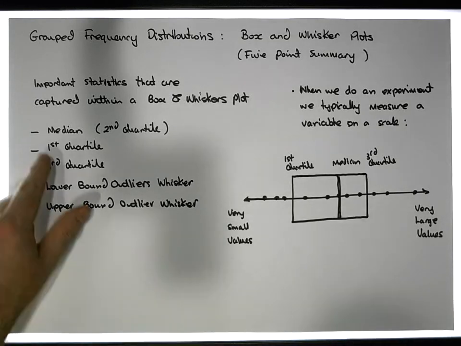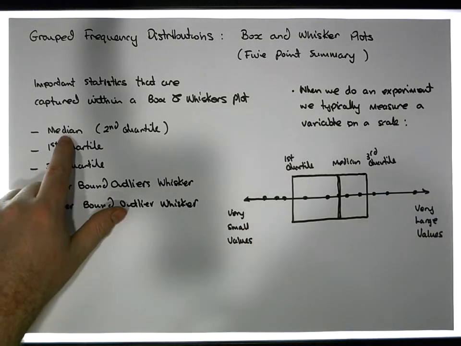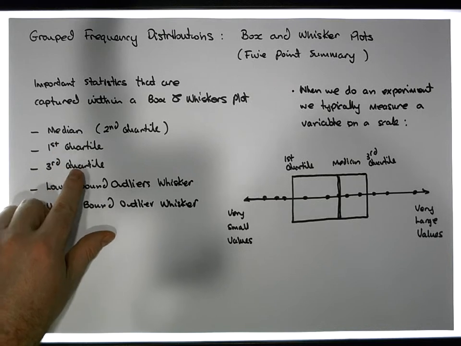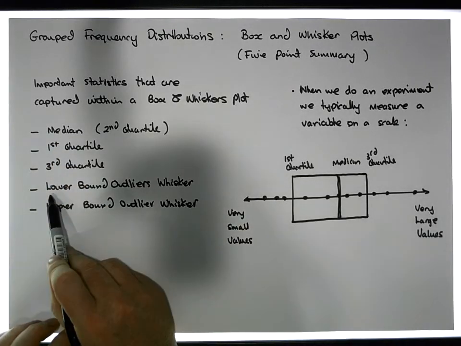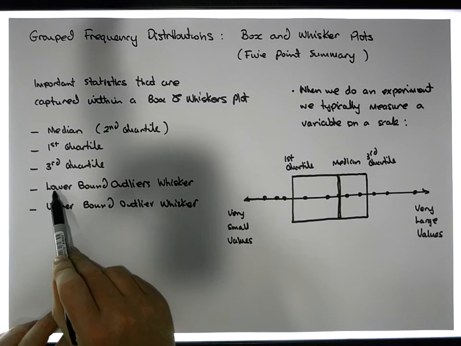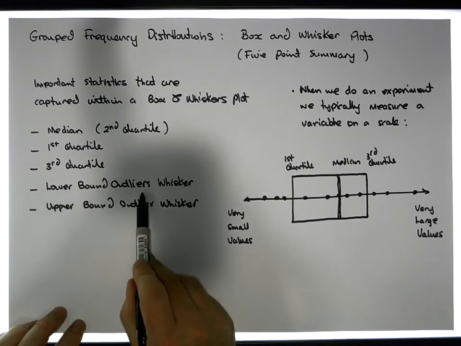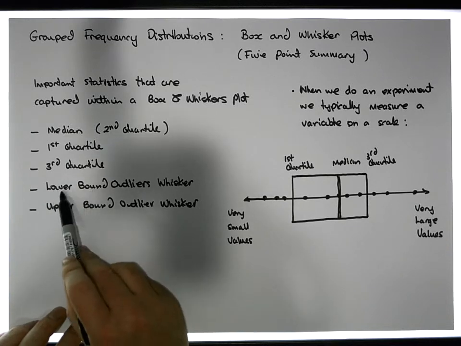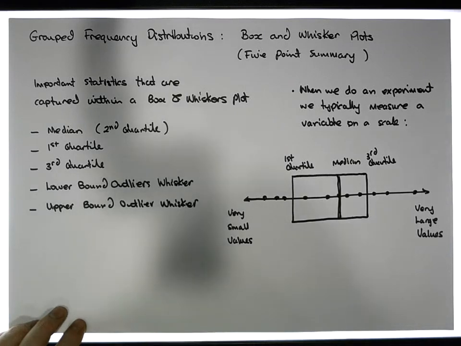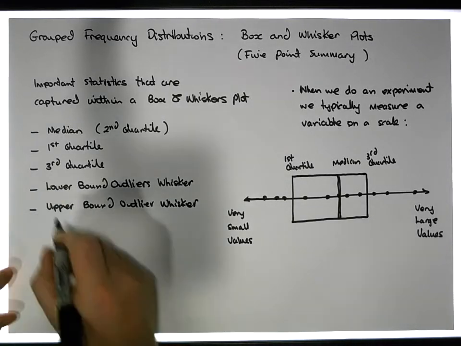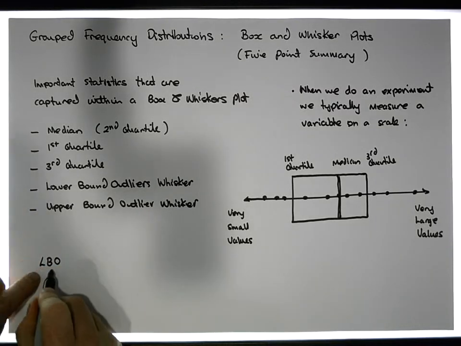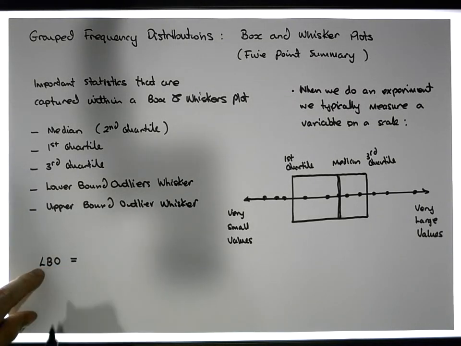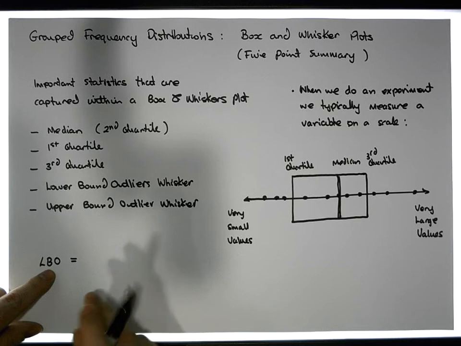Okay. So what we've done is we've created a box. We have the median, the first quartile, and the third quartile. Then what we do is we demarcate what's defined to be the lower bound outlier range, or the lower bound outlier demarcation point, okay. And typically these lower bound outliers, let me symbolize them by LBO, are any values that are 1.5 times